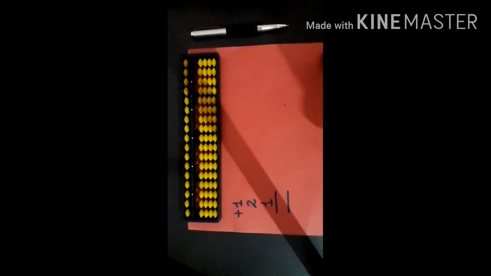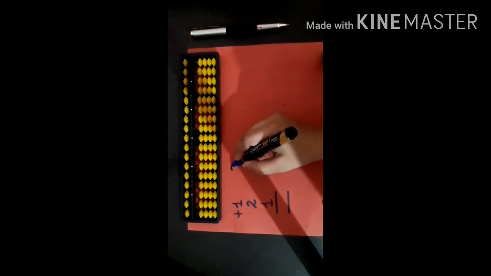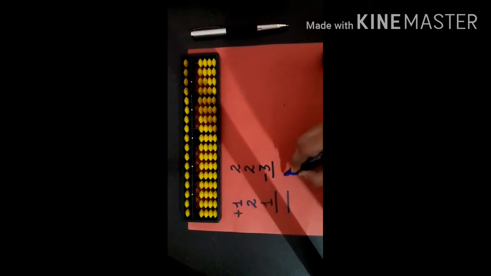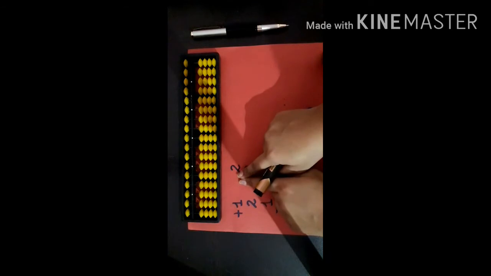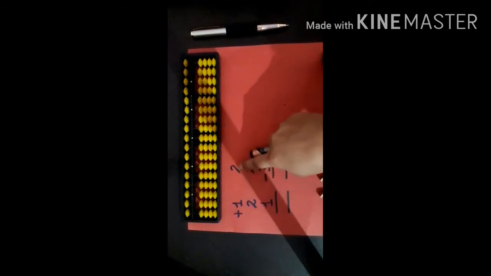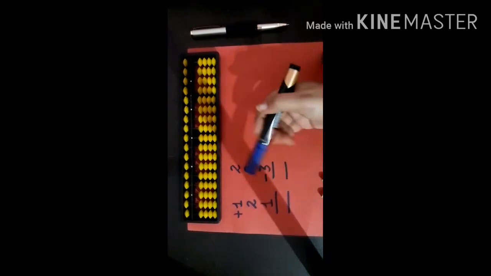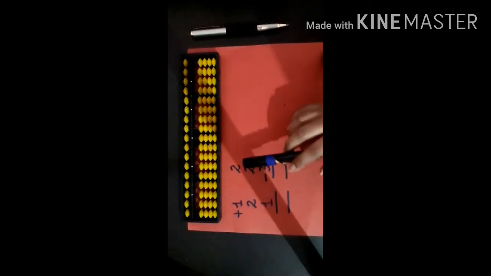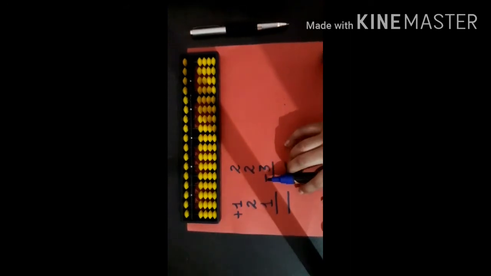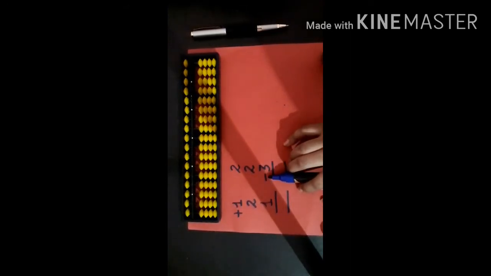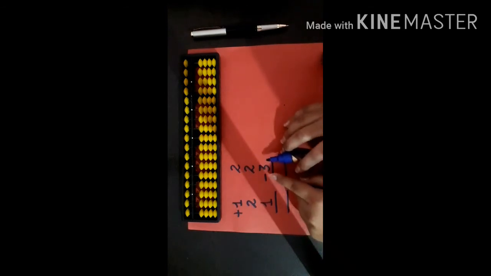If I write like this, your next sum. See, in front of 2 is anything there? No, this means you have to add 2. In front of this is anything there? No, this means you have to add this number. But in front of 3 you can see a minus sign is there. Subtraction. So you have to subtract 3.